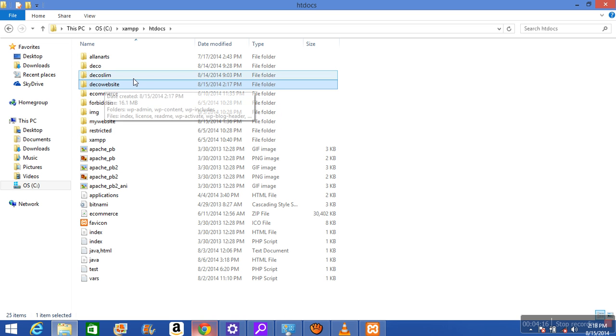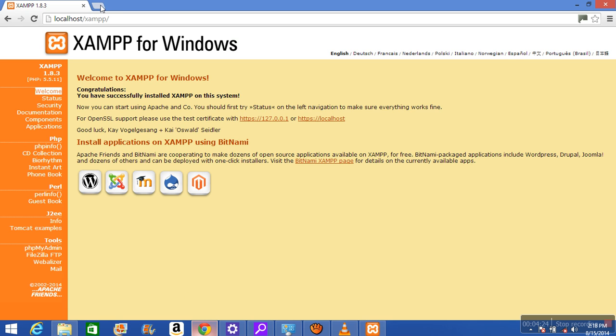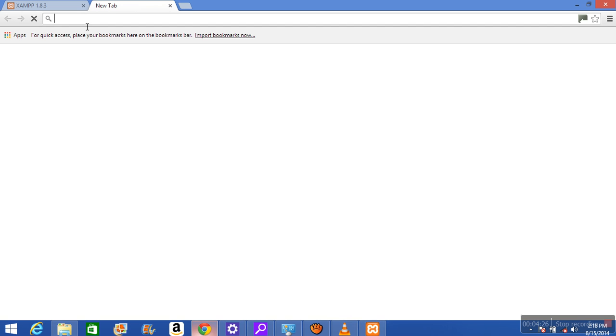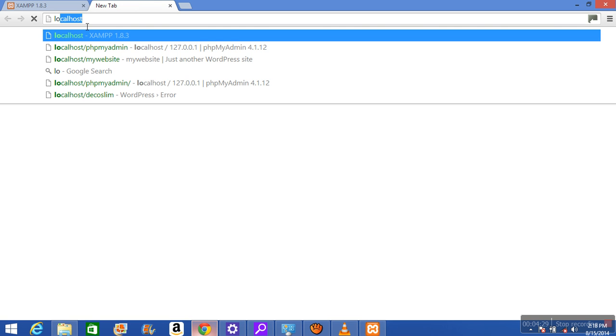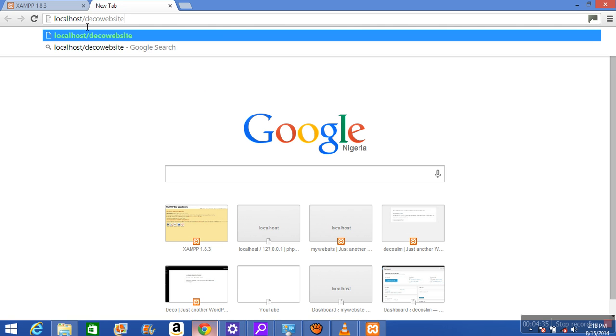Okay, I have renamed the WordPress folder to Deco website. So let's go to our browser and locate that Deco website, and to do so you type localhost slash the folder Deco website, and alright,